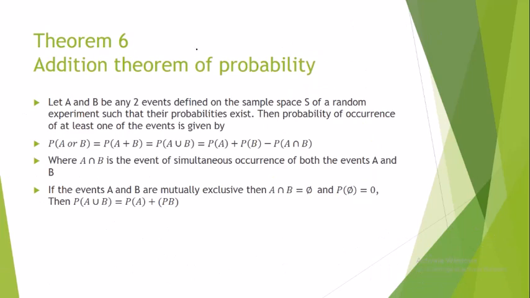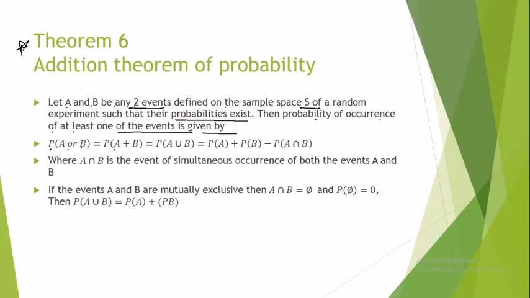Next theorem is a very important theorem, and that is called the addition theorem of probability. Here I'm only considering two events right now. So let A and B be any two events defined on the sample space S of a random experiment such that their probabilities exist. The probability of occurrence of at least one of the events is given by